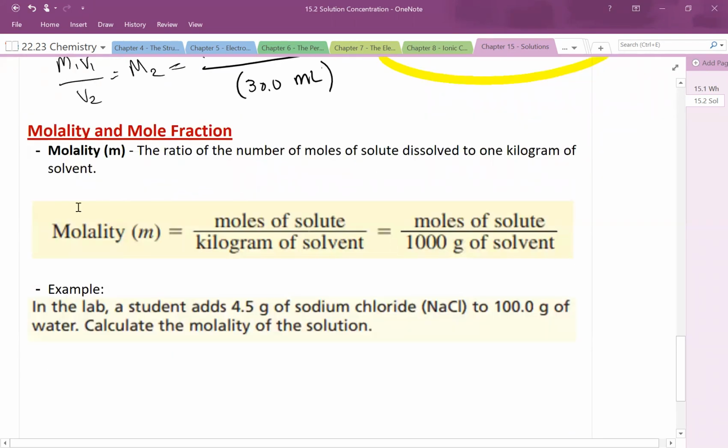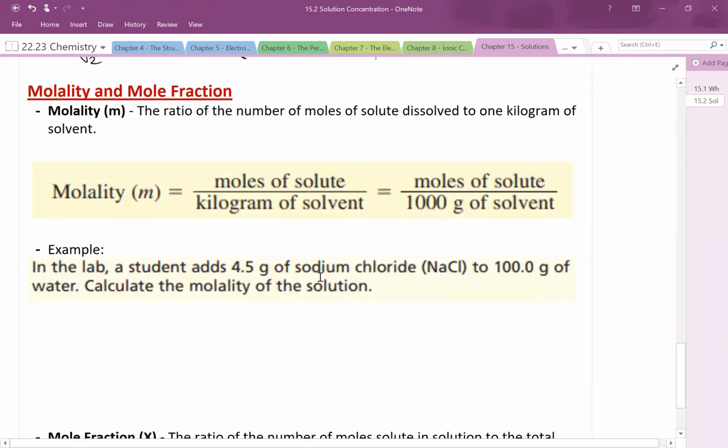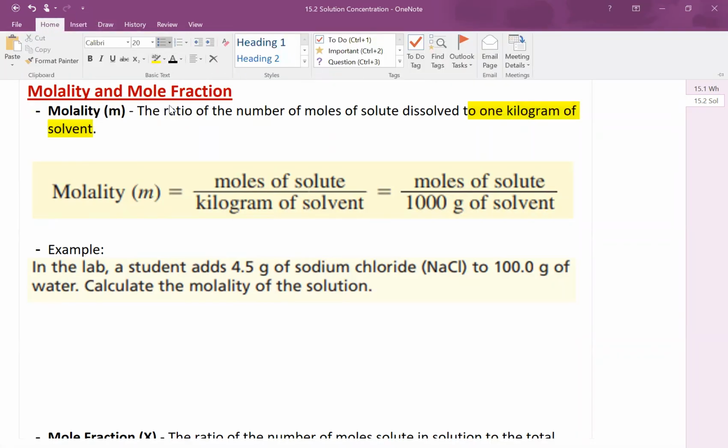All right, so let's talk about our last units that we have in solution concentrations. We need to talk about molality and mole fractions. Molality is the ratio of moles of solute dissolved in 1 kilogram of solvent. It's very similar to molarity in the sense that molarity deals with 1 liter of solution, but molality instead deals with 1 kilogram of solvent. So to calculate molality, we would take our moles of solute and divide by the kilograms of